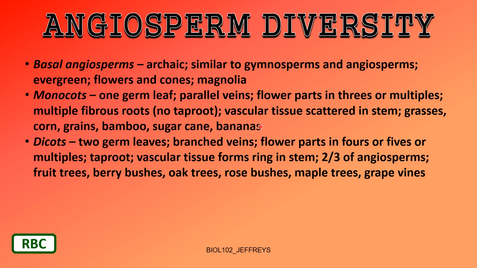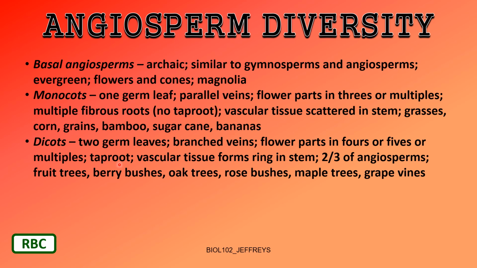Bananas are also monocots. And then you have dicots, so-called because they have 2 cotyledons, 2 germ leaves. Their developed leaves have branched veins or reticulated veins. You'll see that in a minute. Their flower parts are in 4s or 5s or multiples. So if you see a flower that has 5 petals, that's a dicot, or 10 petals, that's a dicot. Their root structure has a central tap root that grows really deep into the ground, and that's why you can have an